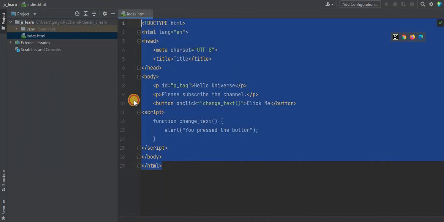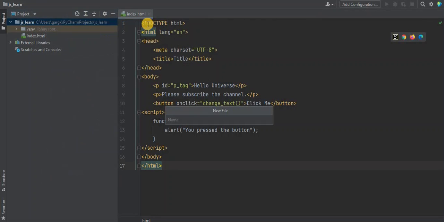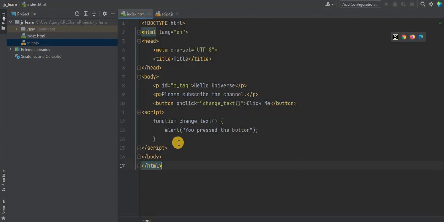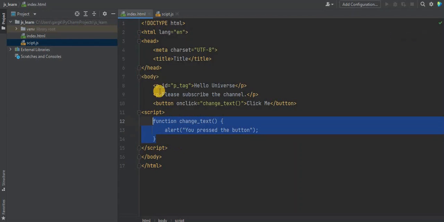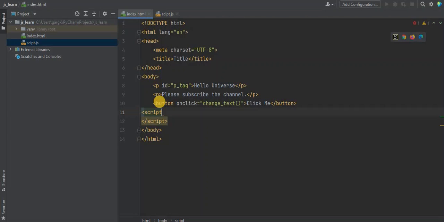So to tackle this thing, we can create another file and we can name it script.js, and we can grab this code here and paste it here, and now we can remove this closing tag, and we can say script src equals to, this means it will import the file which we are going to mention in the src attribute.